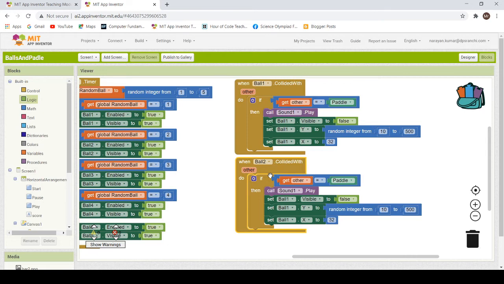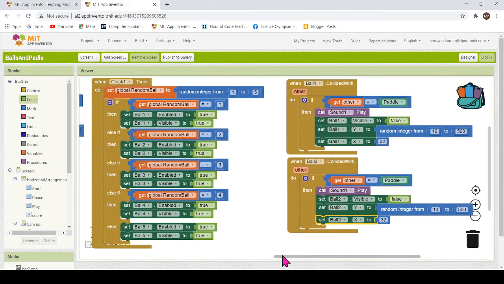So what happens when ball 2 collides with paddle? Of course we want the sound to be played, and after playing, you want ball 2 to become invisible, and you want to send ball 2 back to its original place.